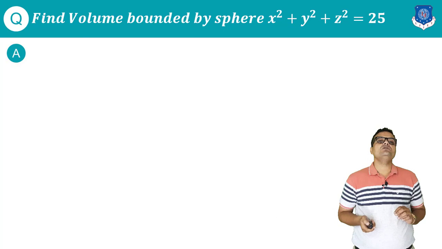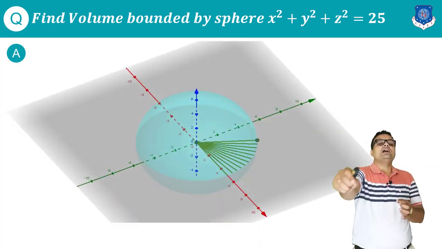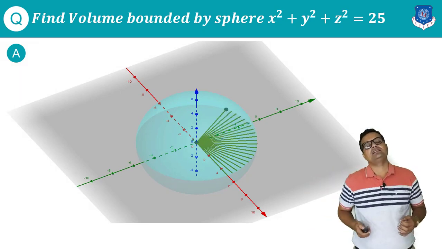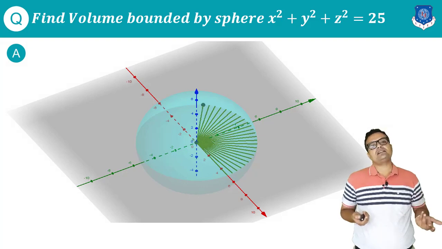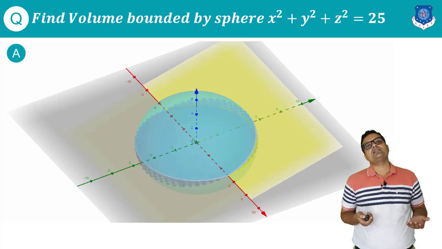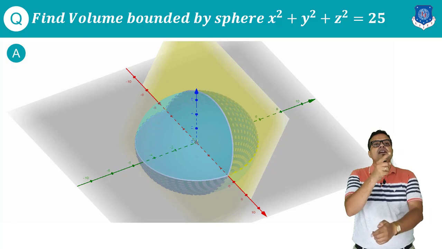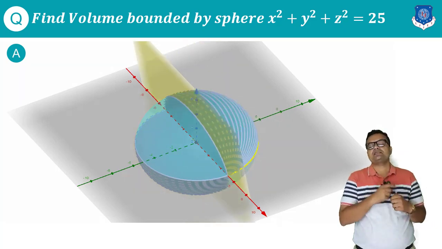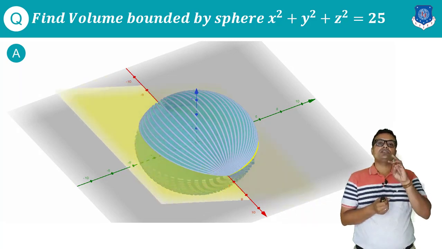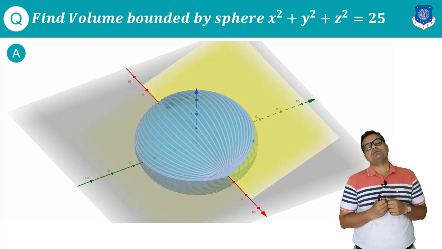Now my second objective would be to consider all such cuts from angle 0 to 2 pi. So what will it give me? It will give me a great circle. So I consider this great circle with my second coordinate transformation, and the third part is considering all such great circles and then moving this plane, which is actually moving with angle 0 to pi. So these three transformations will give me the whole sphere, which is our objective.